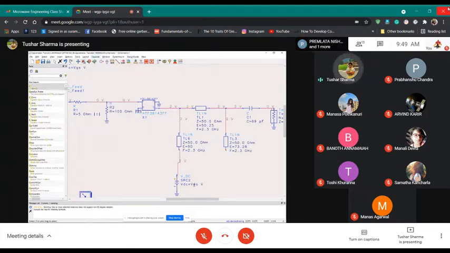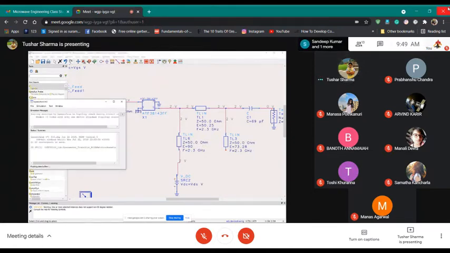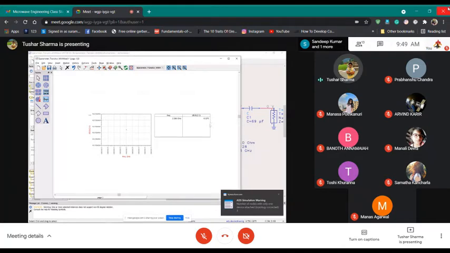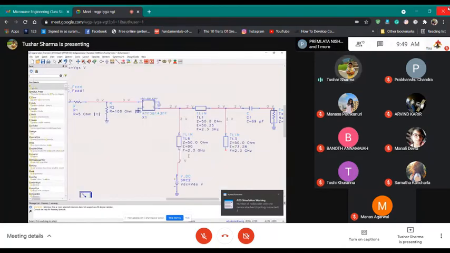So we are giving 2 volts here. So 2 volts was coming there. Now with this, let's see what happens. Technically, nothing should change. See, gain remains the same. 2 volts still remains the same. Why?